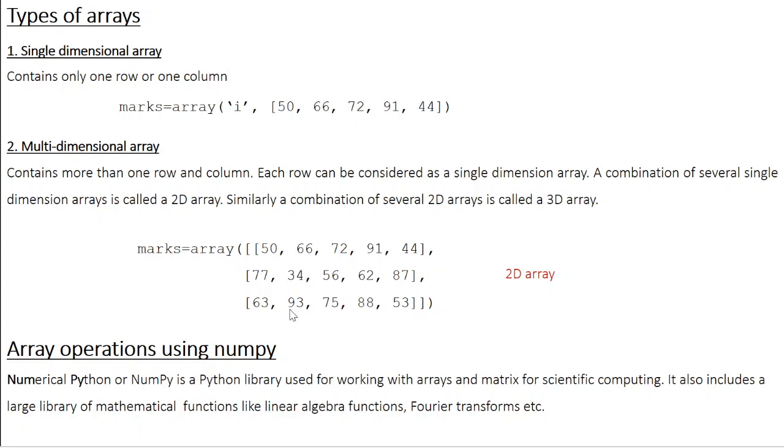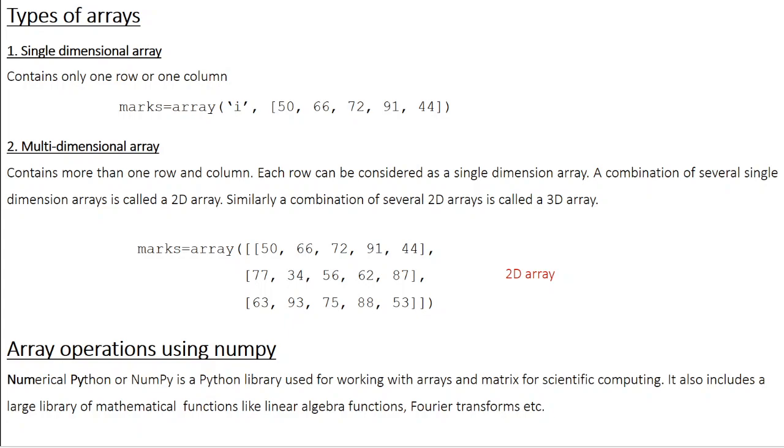Okay. So you can see here there are 3 rows and 5 columns. So this is a 3 by 5 array, which is similar to a matrix. You can also call it a 3 by 5 matrix. Actually there is a separate data type called matrix. I just mentioned it in terms of dimension, this is similar to a matrix.